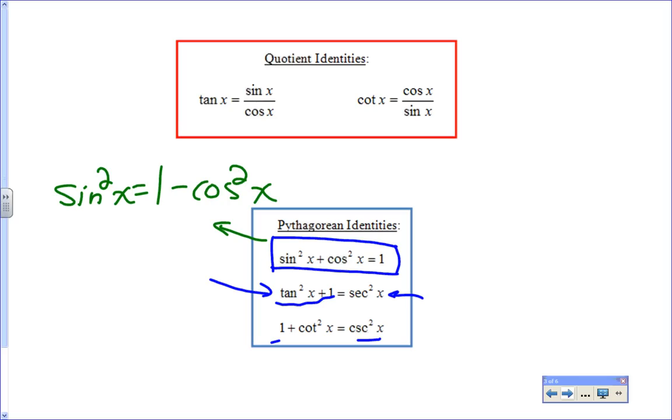What if I wanted to subtract the sine squared over instead? Can I do that? Sure. What if I wanted to subtract this 1 over to there? Can you do that? Yeah, you see, all the algebra stuff still works. Okay. Now, one thing very important for me to share with you before we go any further is it's kind